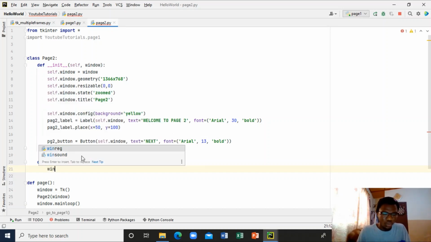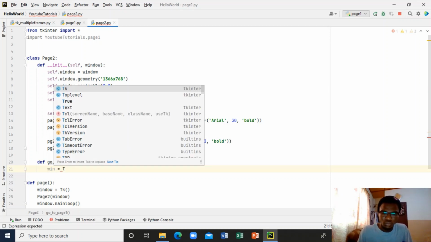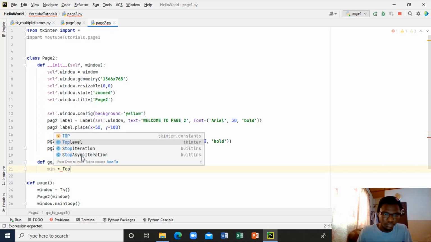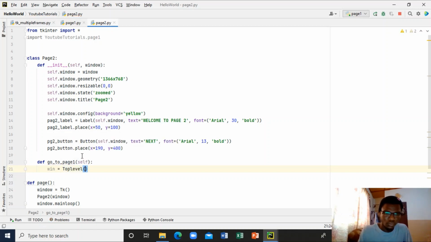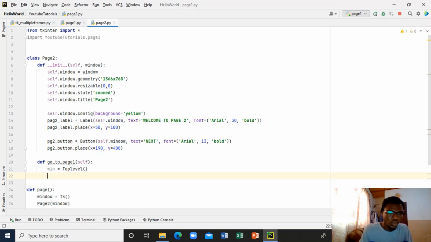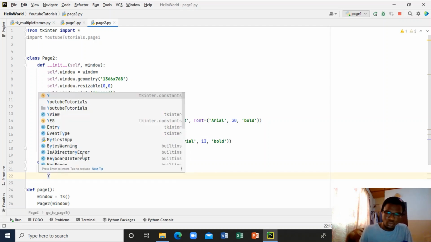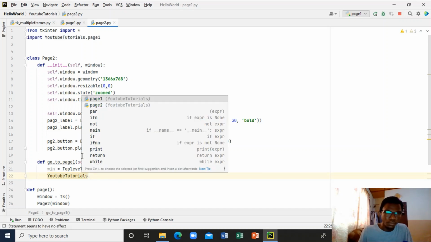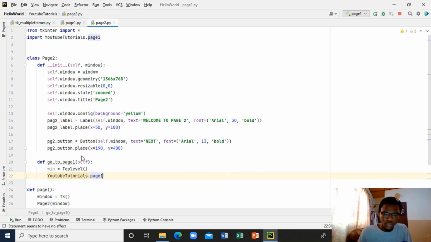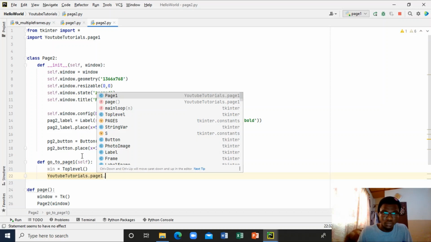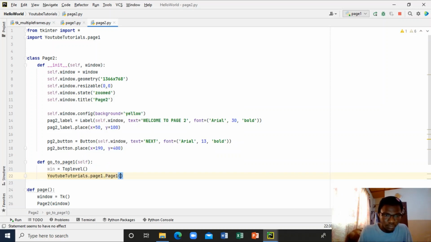Let's give this one top level as well. So window, page one. Assign to